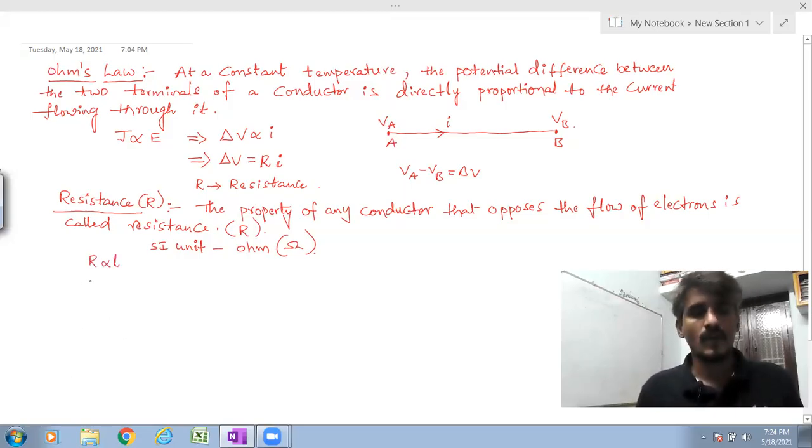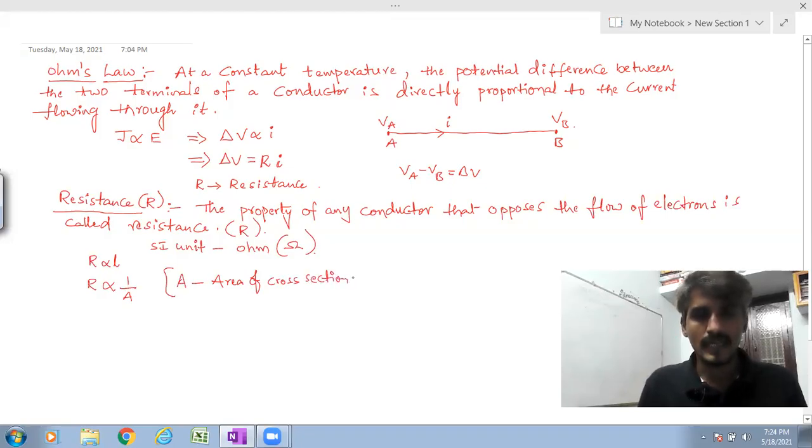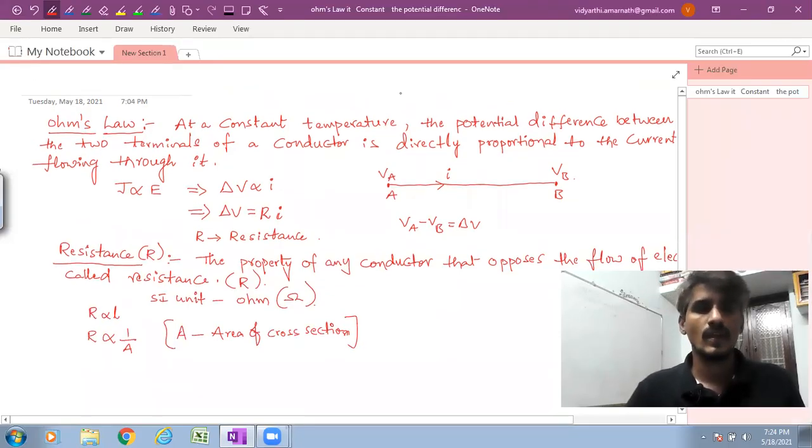And also resistance is inversely proportional to A. A means what here? Here A means area of cross section. What is area of cross section here? See here, if we consider a wire, if we take a wire,